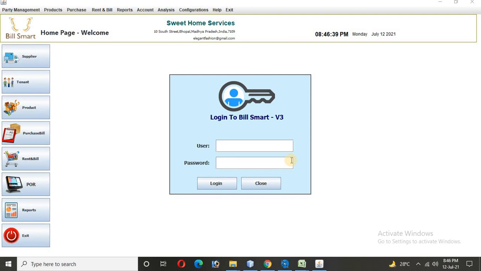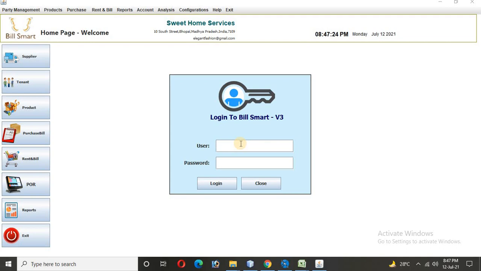I am going to show you the features of this software. So we are on the login screen and you see there are two roles in the software. One is for the administrator and another is for the salesman or the staff member. The administrator will be able to do all the operations in the software. However, the staff will only be able to manage the transactions of creating sales or rent records. The staff shall not be able to delete transactions.